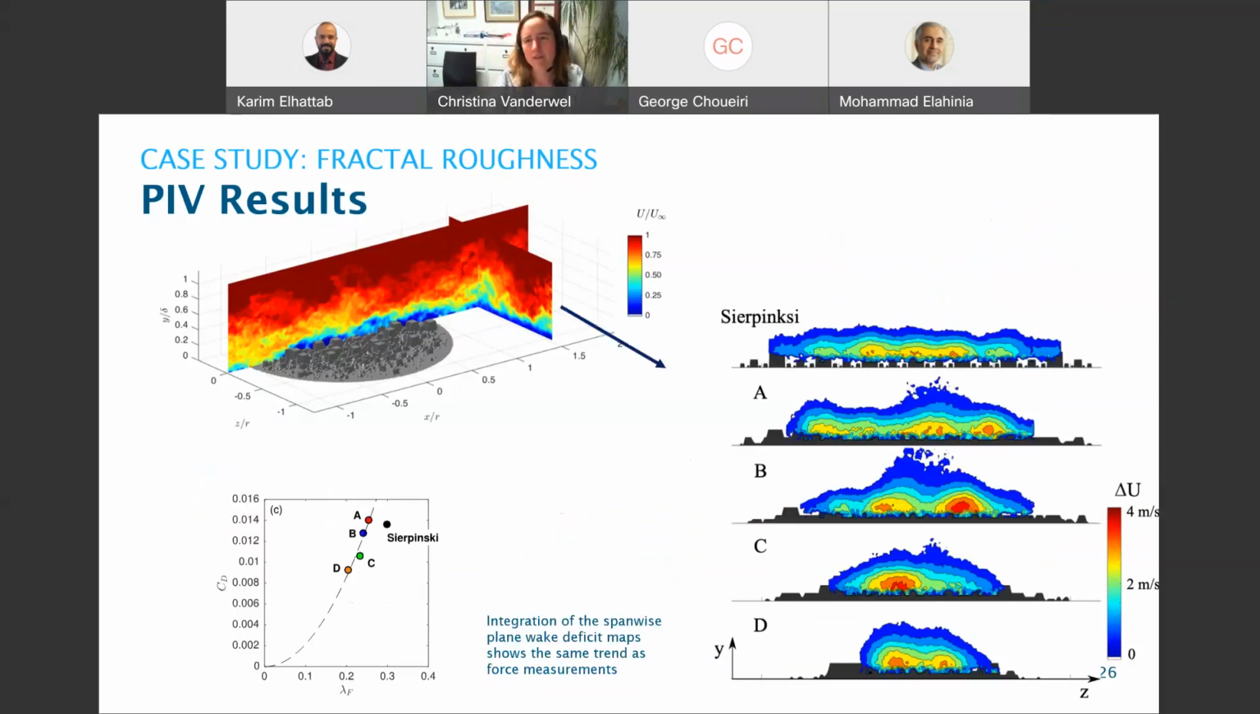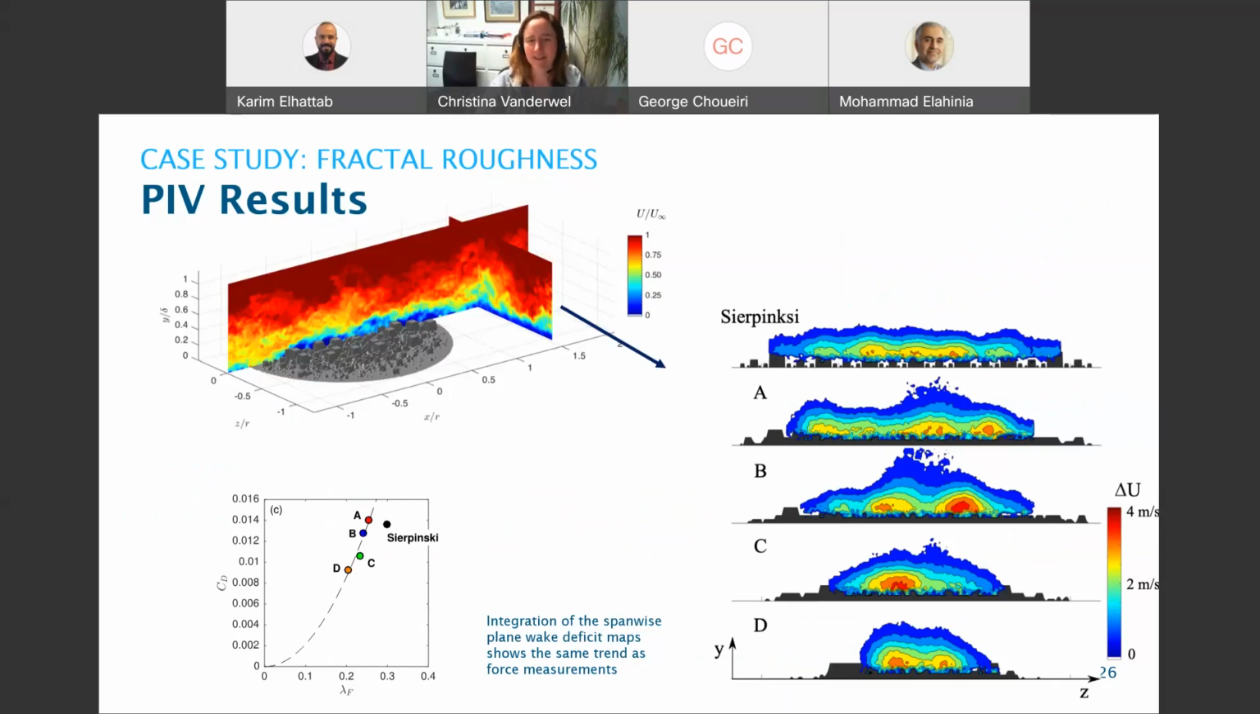We also confirmed this with the cross-stream measurements of the PIV. So these are the wakes behind each of the 5 patches. So this is the velocity deficit behind each patch. And we can see that the wake gets wider and bigger,